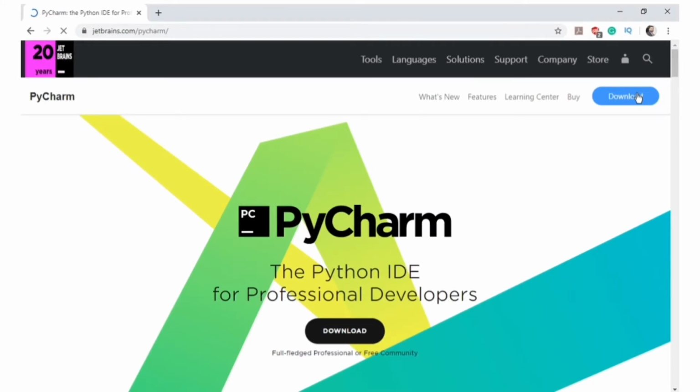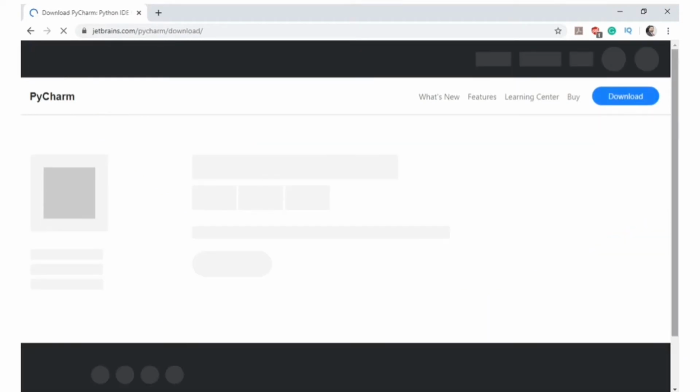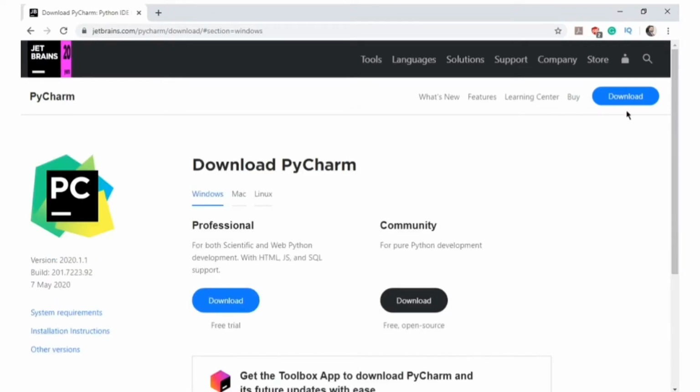There are certain things which you need to understand about PyCharm, the Python IDE for professional developers. It comes with two versions. One is the community version, which is the free version, whereas the other is a professional version. The professional version comes with a lot of functionalities and a lot of support, but you will have to pay for it. What we will be going through is the community version, where we'll be going by the freeware.